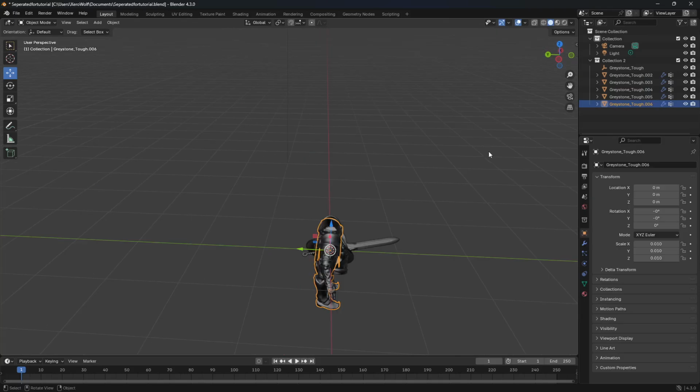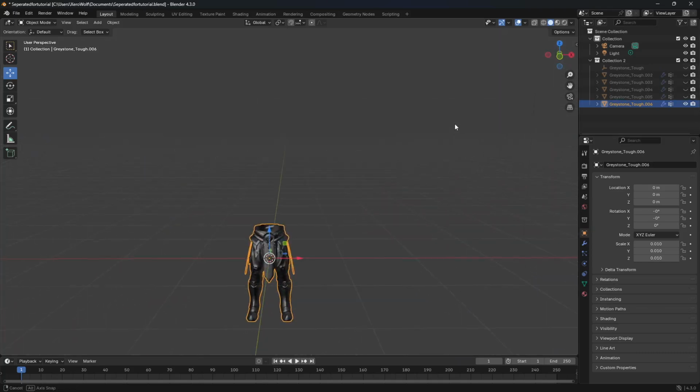Okay, the next thing we're going to do is go over to our scene again, and we're going to click on Greystone Tough. Then we're going to click here on our object properties, and let's turn off the eyes for each one of these so they won't take up the space. So now we just have our legs. So what we're going to do is change this to tough legs,